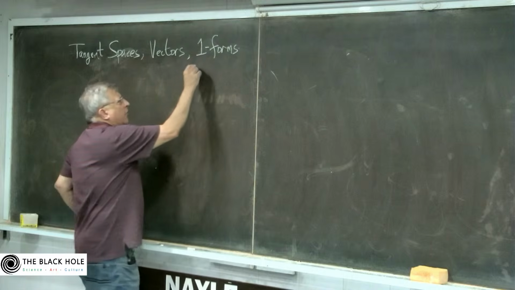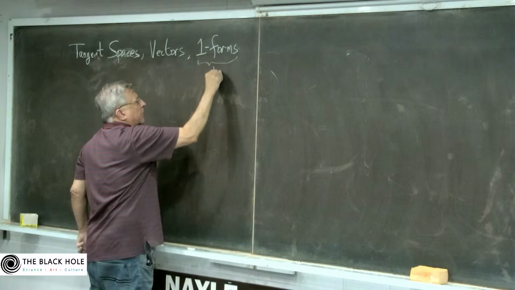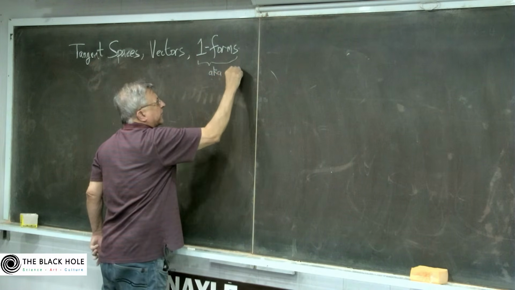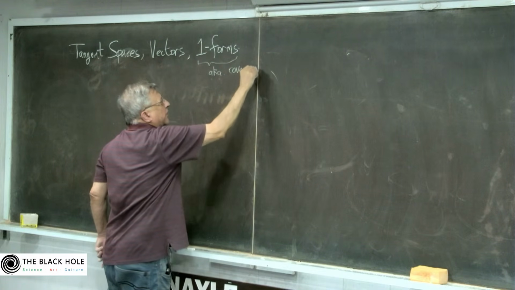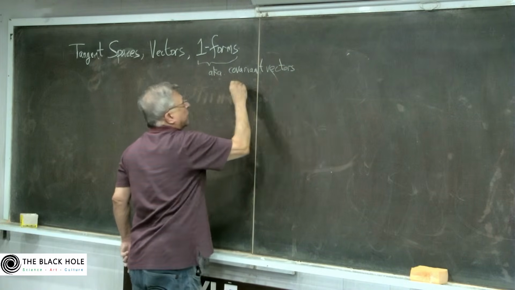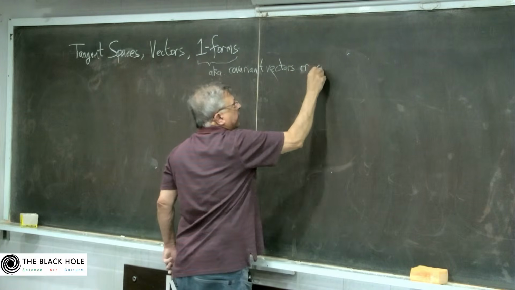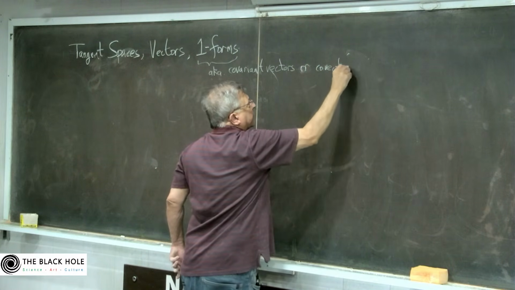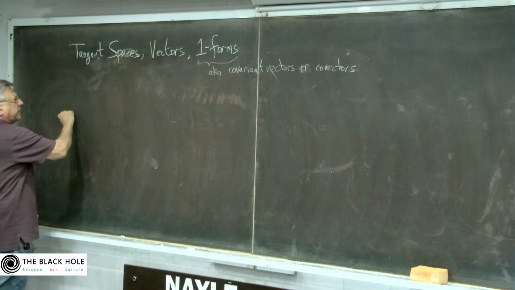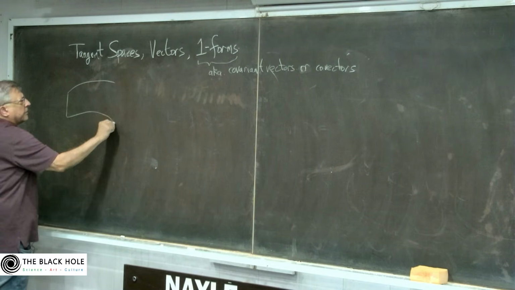These are also known as covariant vectors, or covectors. But here is the idea. We have some manifold,